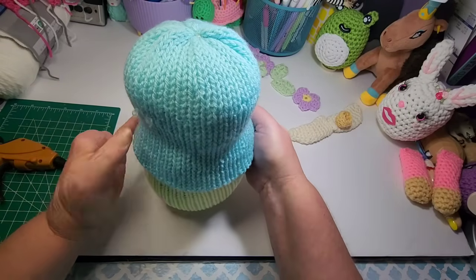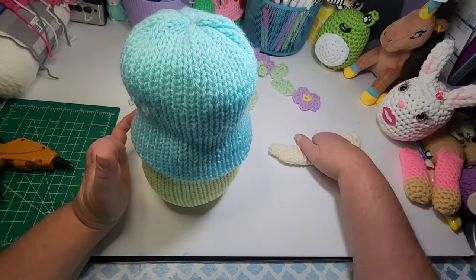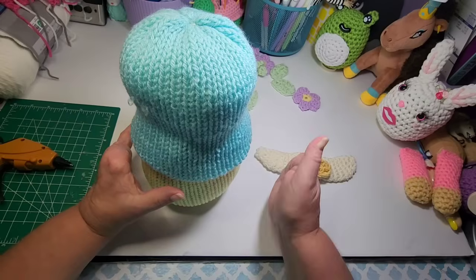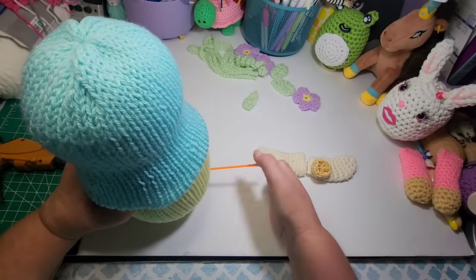So anyway, I am going to figure out where I'm putting my nose and mustache so I can get my hat situated. But I need something back here. I need a little kickstand. So I have these